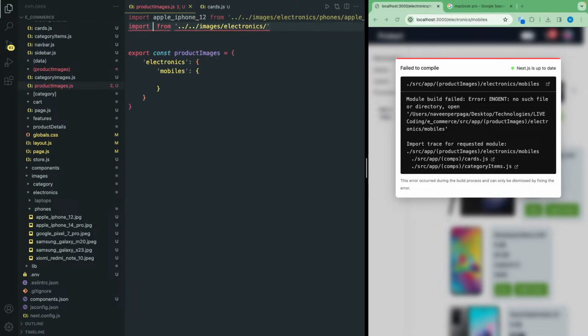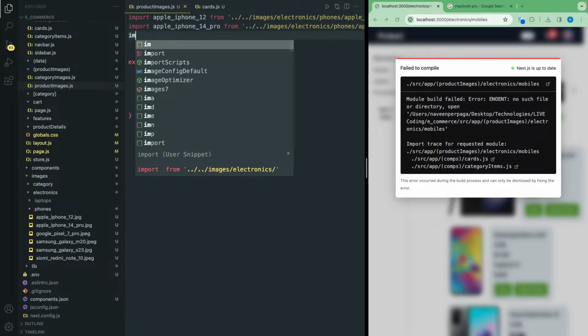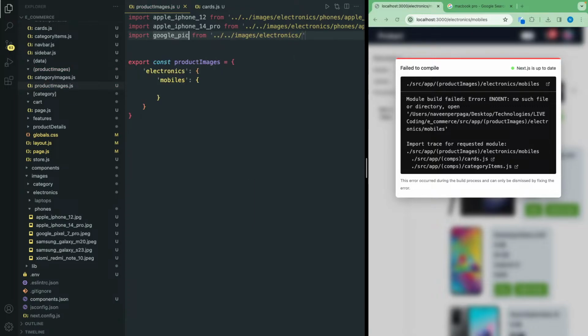Simply I import, right? So Apple iPhone 14 Pro from phones pro.jpg, then Google Pixel 7 Pro, wow, so it should be phones, and then Google Pixel 7 Pro .jpg,